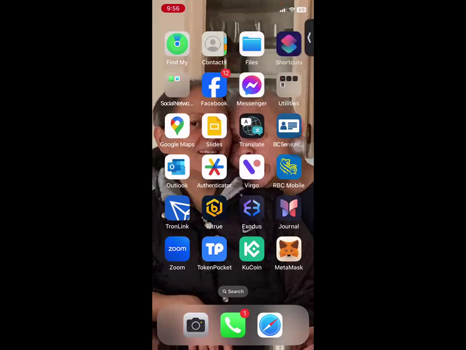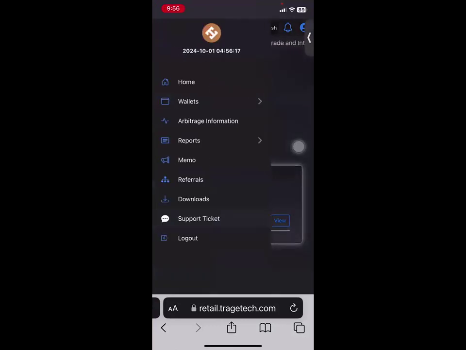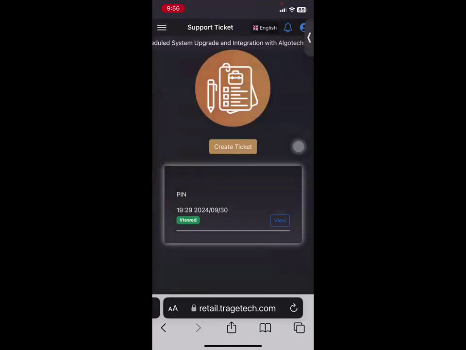So I would need to log in to my account, and here you go. We need to click the three lines on the left top side, and if we look down, we're going to see the support ticket button. We just need to click that one, and then here we go.